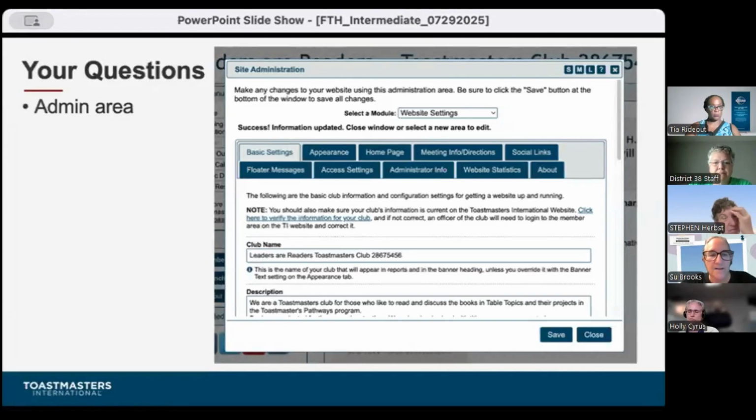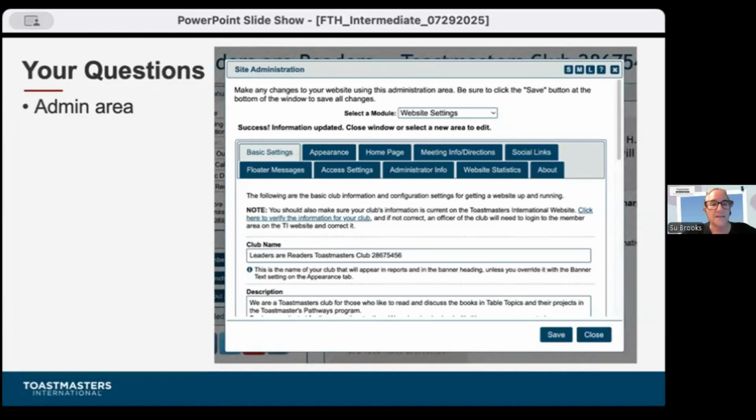So when you were asking, how do you upload things? How do you do things? It's through these different panels, through this pane, where you can upload things, place information, change the appearance. That's the next tab. Work on your home page specifically, provide meeting information or directions.